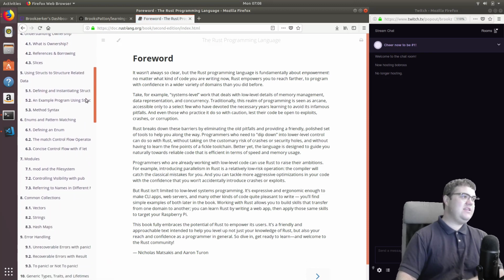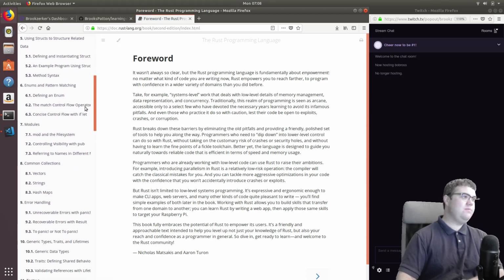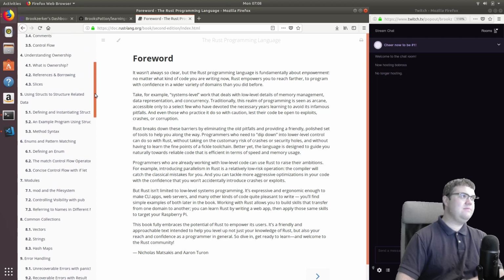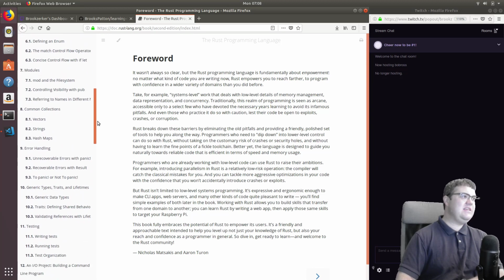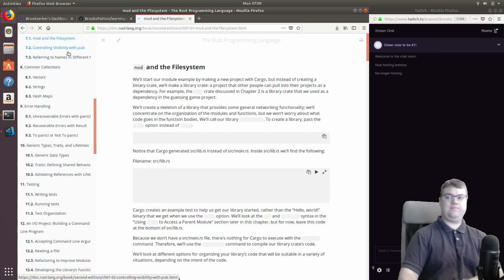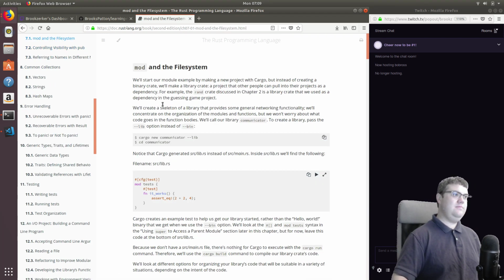Okay, so what we want is libraries. So there are modules, mod and a file system. Is that the one we want? It might be. I think it is, somewhere in chapter 7 here. So I believe what I want to do, okay, so